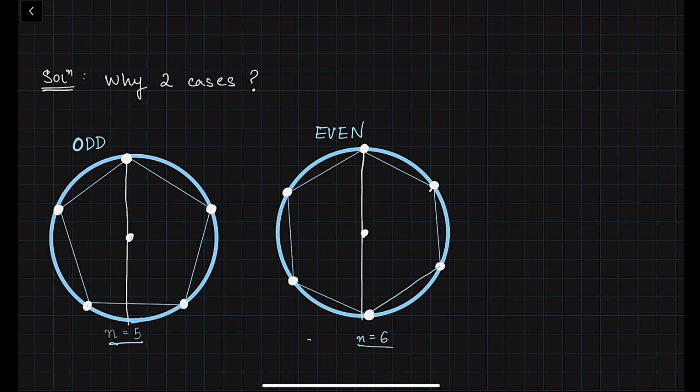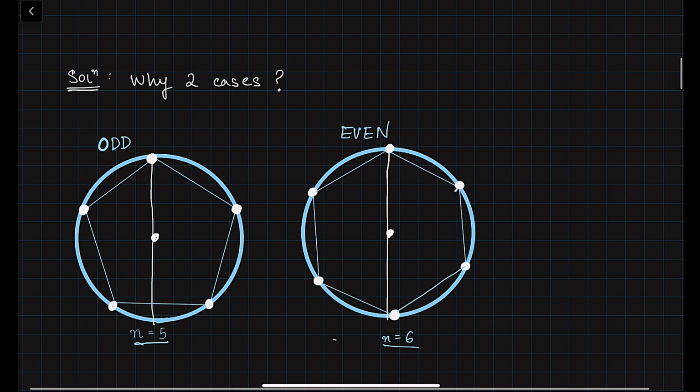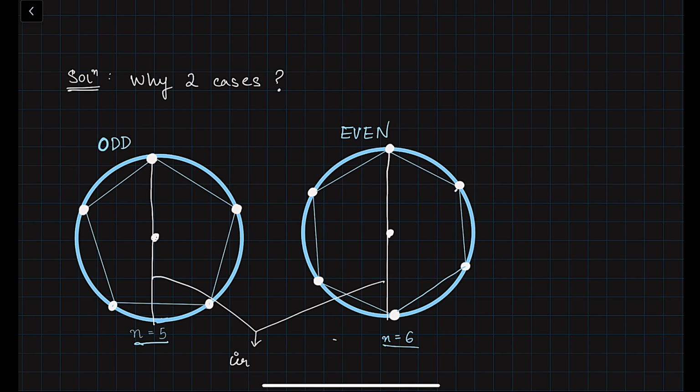Okay. So, for the odd-sided polygon, these two lines that I have drawn are called the circumdiameter. Since these two lines are the circumdiameter, we can see that for the odd-sided polygon, the circumdiameter consists of one vertex and the center, but it does not have another vertex. The circumdiameter intersects the polygon at this point, which is not a vertex. But in the case of an even-sided polygon, it has a vertex, the center, and another vertex. So basically it has two vertices, and here it contains only one vertex.